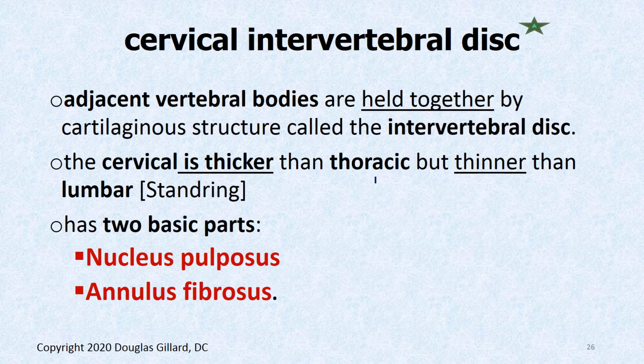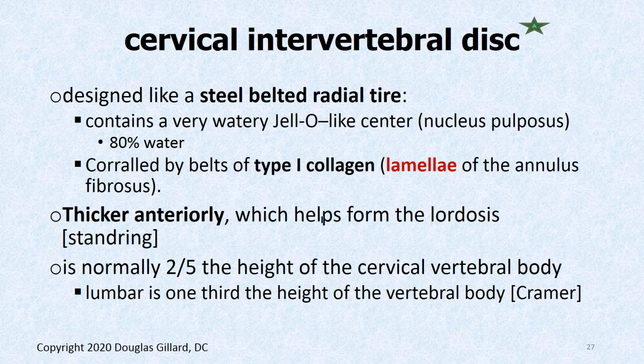Cervical intervertebral disc, very similar to everything we've looked at. Cervical is kind of in between. It's thicker than the thoracic, but it's thinner than the lumbar. Still has a nucleus and annulus fibrosis. It's designed like a steel belted radial tire where it has a center, and it is 80% water because of the proteoglycans and because of the GAGs that are produced by the cells